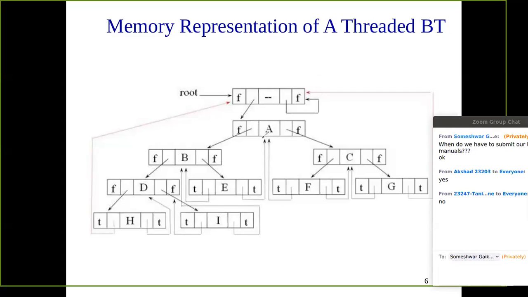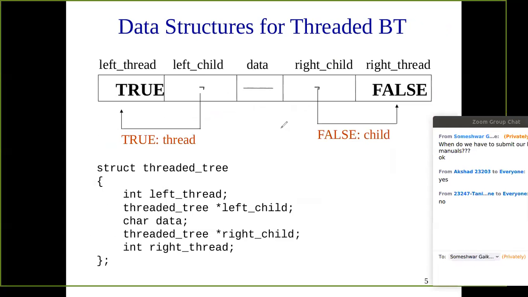Okay. So we'll see the node structure for this one. The node structure is something like this. Here we have the normal tree structure. This is the left pointer, we know in case of tree we are using the left pointer. This is the data part, and this is the right pointer. This is the same way we use for the binary tree. So left child, data, and right child.